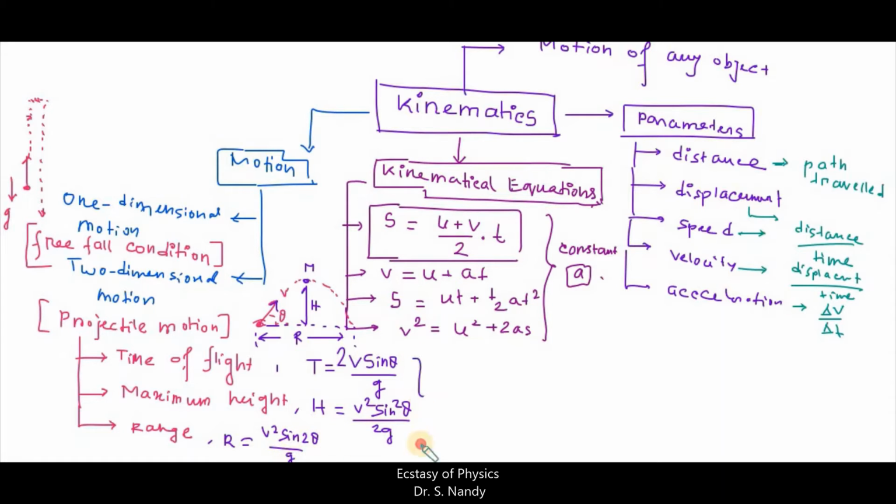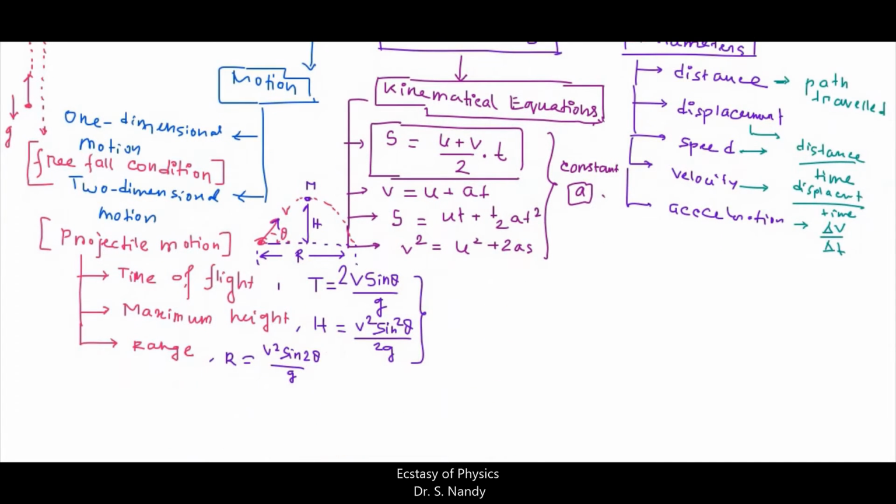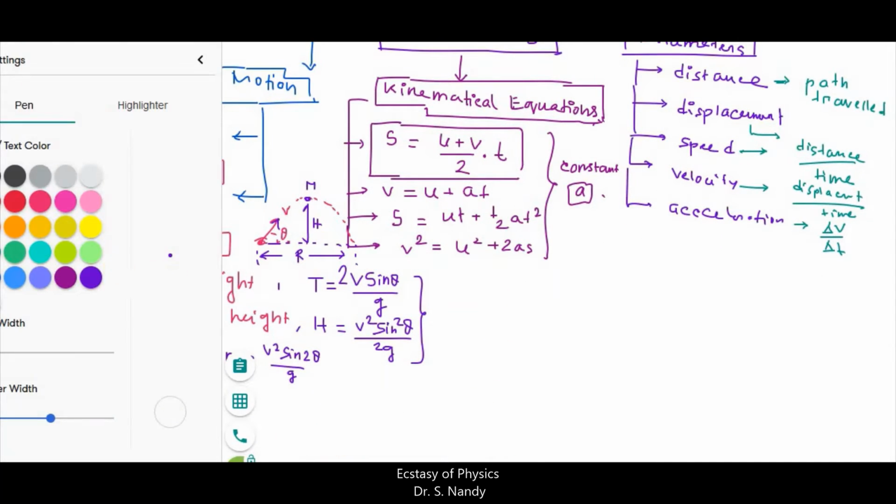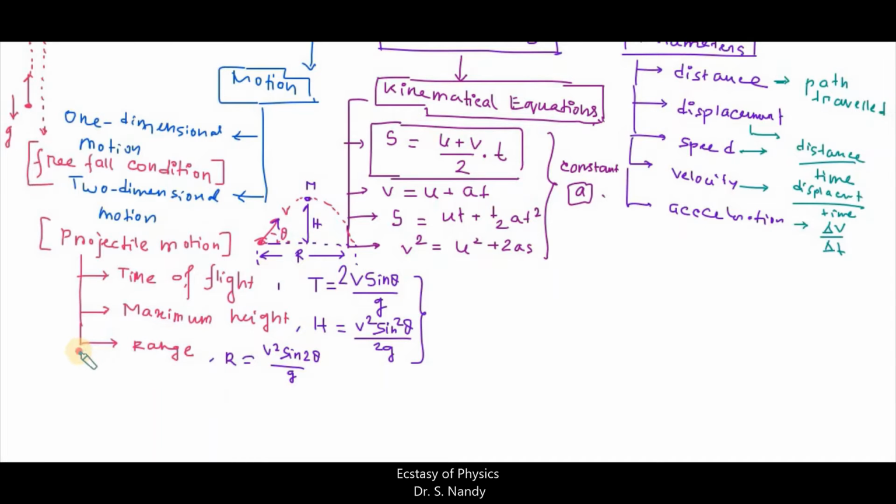So these are the expressions of these three equations that we have to remember. Besides that, we also have one more equation in case of projectile motion that, if we can remember, will make it quite easier for us to solve projectile motion problems in AP Physics 1. That is the equation of trajectory, or the parabolic equation, or the equation of the path of the object.